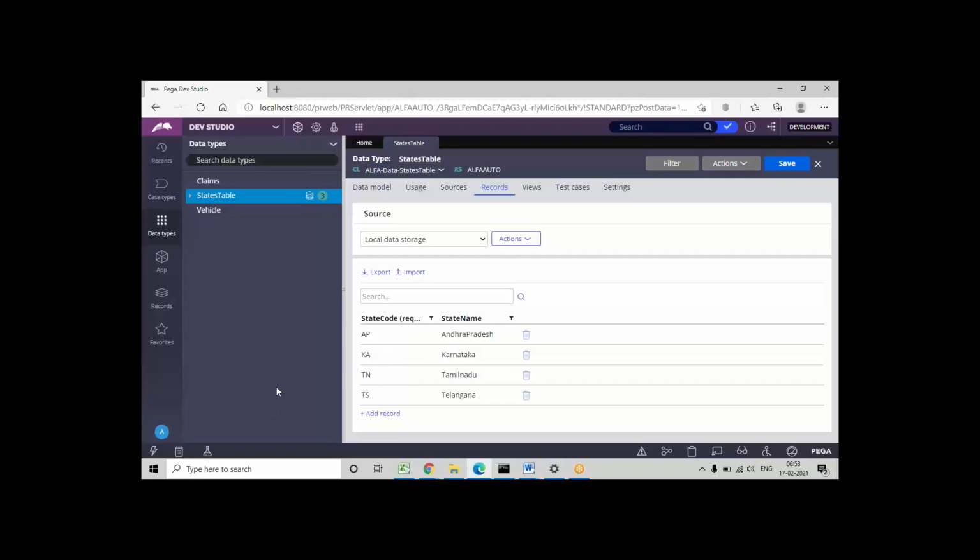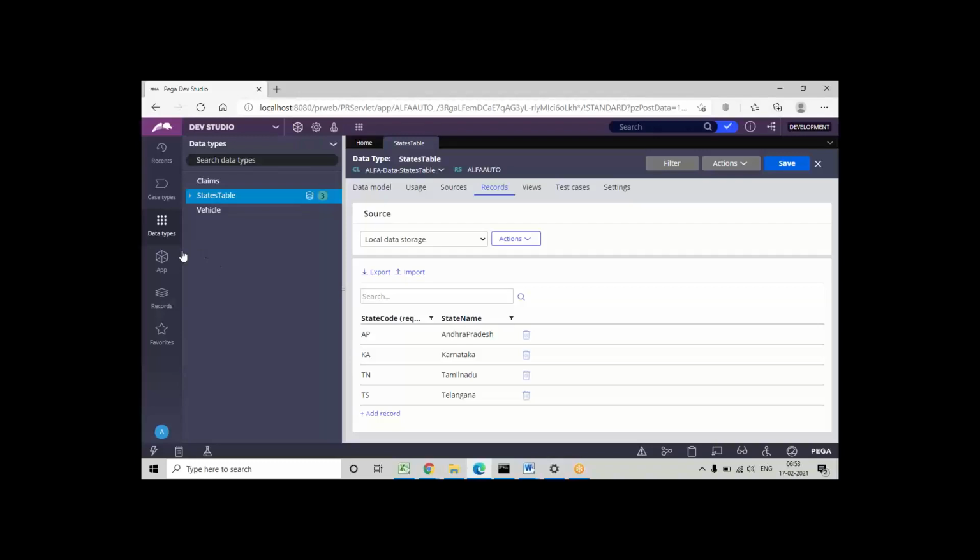dynamic records. Static records are fixed, but dynamic records may change later, if they add any records, these records will be updated automatically in the UI. If they remove any records or update any records, dynamic records means they may keep on changing. They can add more records, they can update existing ones, they can remove any current records. Any changes done in the table, after loading these dynamic records, will automatically update at runtime. Again, every time, no need to do any changes manually.